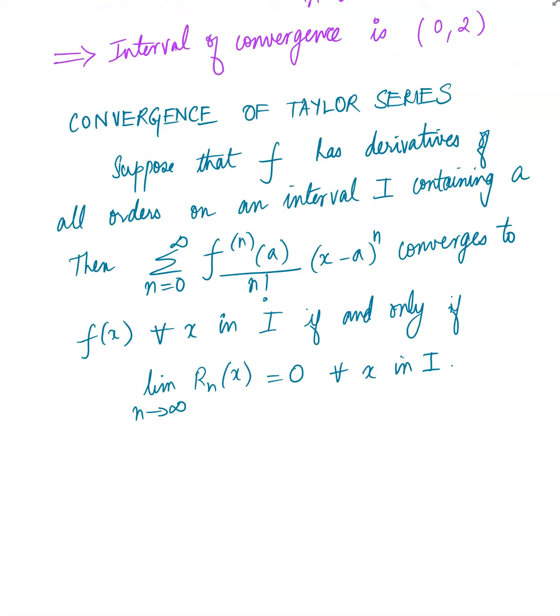Okay, convergence of Taylor series tells us that if f has derivatives of all orders on an interval I, then the summation of f of a, the nth derivative, over n factorial times x minus a to the power n, that's your Taylor series, converges to f of x for all x in I if and only if the limit of the remainder Rn of x as n approaches infinity is 0 for all x in that interval. Okay. We'll bear this in mind, and we're going to find